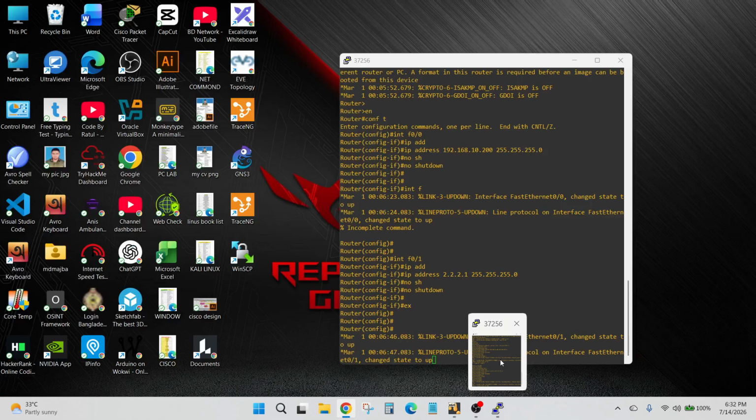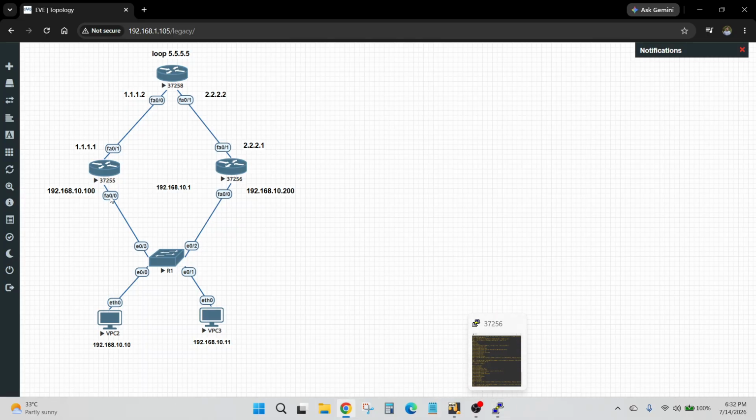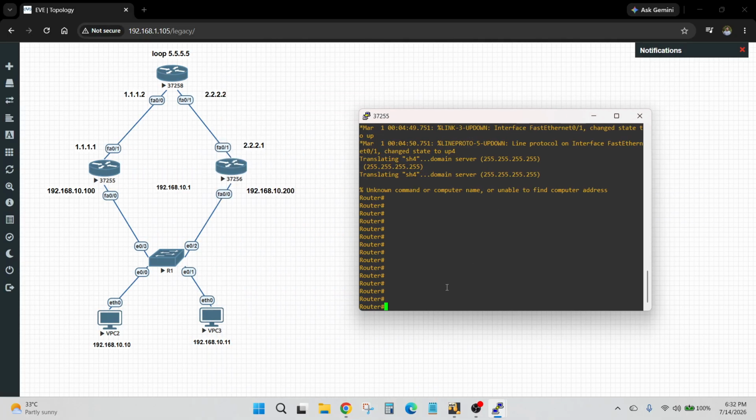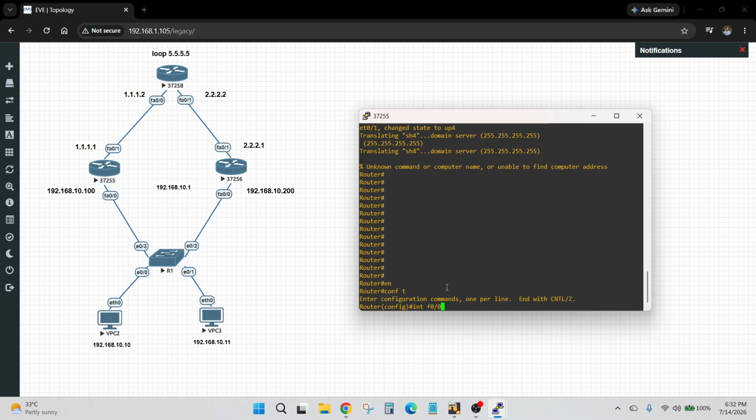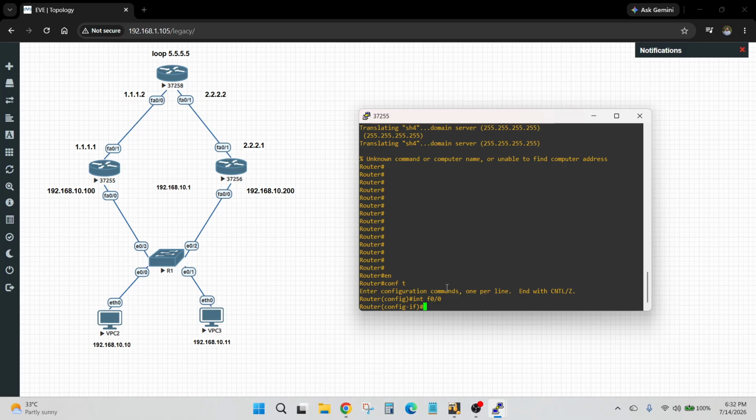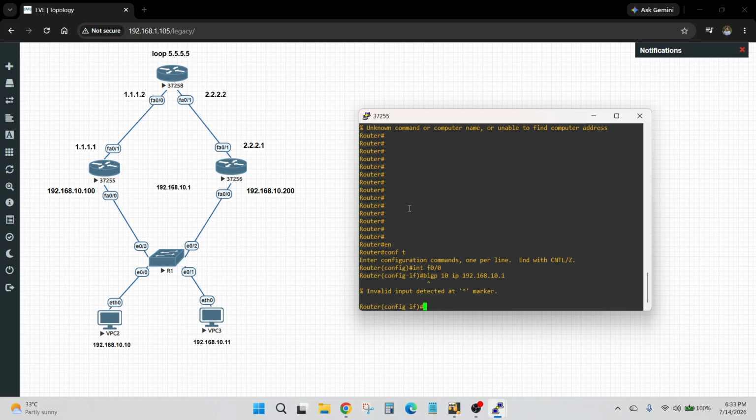So go to our router 1 and configure GLBP. Enable, configure terminal, interface our local cable, interface fast ethernet 0/0.